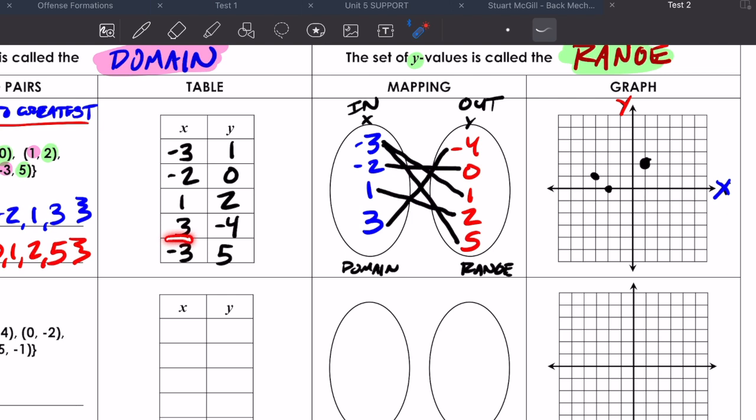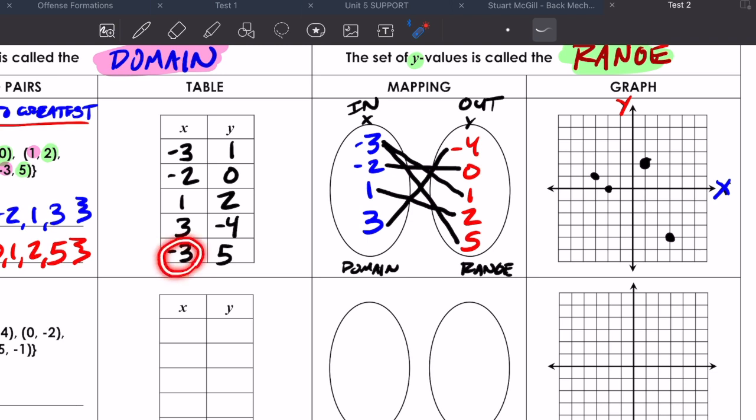+3 in the x direction is right 3. -4 in the y direction is down 4. So I'm going to go right 3, down 1, 2, 3, 4, and I'm going to put a point right there. And last but not least, the one that's going to make it not a function, that's down, sorry, x